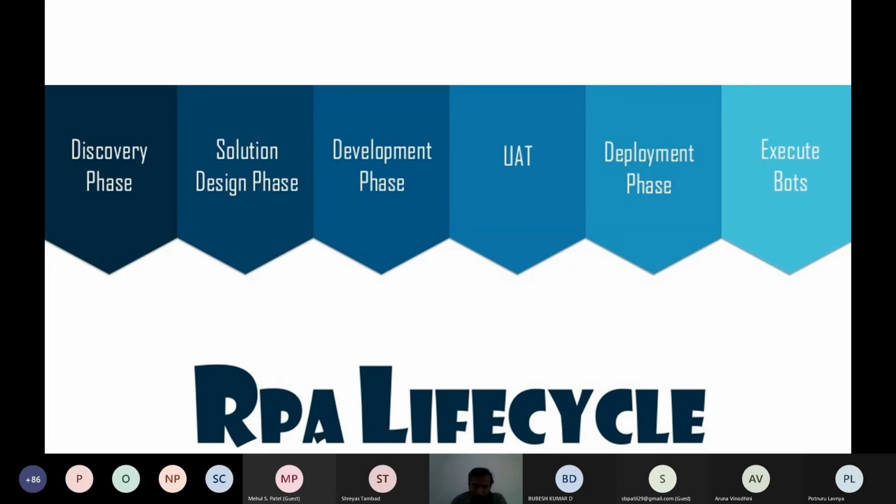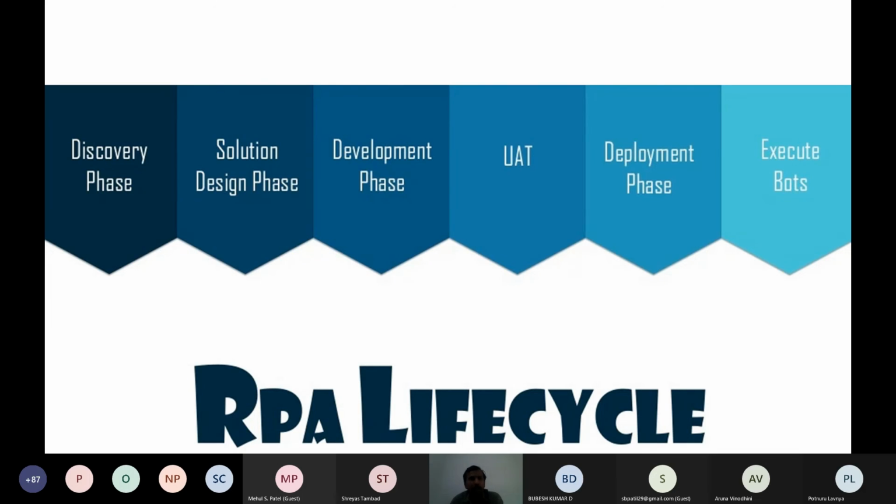You discovered the problem, you came to a conclusion that the problem can be automated, then you will make a document based on that problem. The process is well defined in that, a flow chart is made, the budget is decided, workforce and the time required is decided. Then you will try to prepare an object flow chart and you decide the tool. That is your solution design phase.